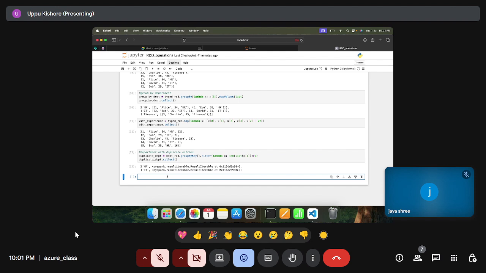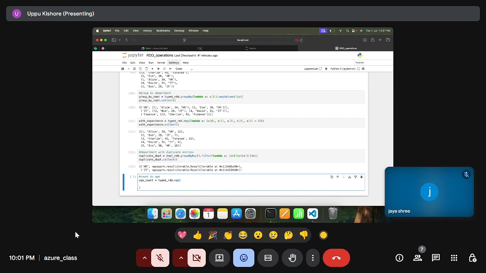So how to get this done? Age count equals, so our base RDD is typed underscore RDD. In this first we will map. So we need the entire data in this typed RDD. So in this map,